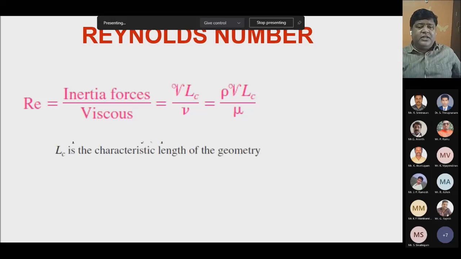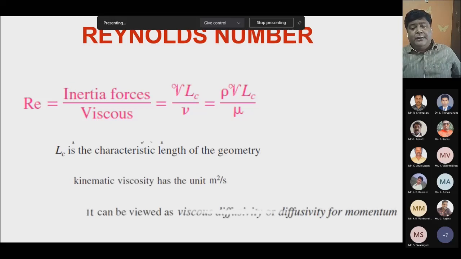Next, L c is the characteristic length and the kinematic viscosity has the unit meter square per second. So, just as I told you, it can be viewed as the diffusivity of momentum, viscous diffusivity. Whether momentum has to be diffused more is the question here. When a fluid is flowing in a pipeline or over a flat plate, within the fluid layer, whether diffused momentum is required, that is not required. Diffusivity of momentum is nothing but the rate of change of